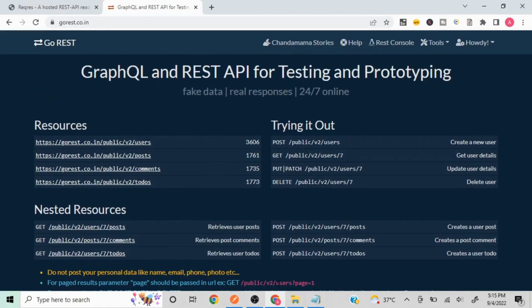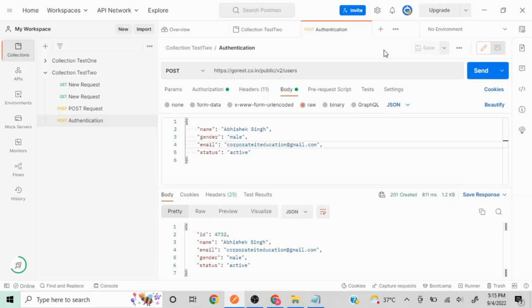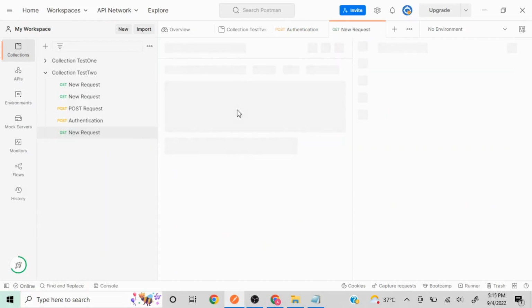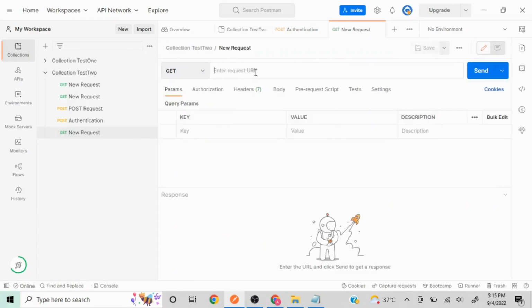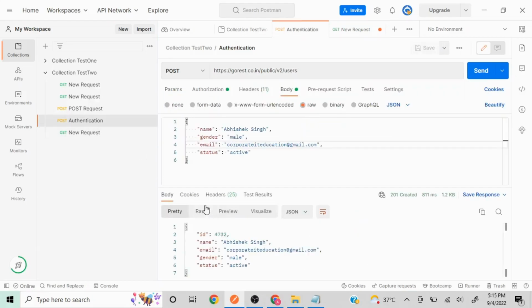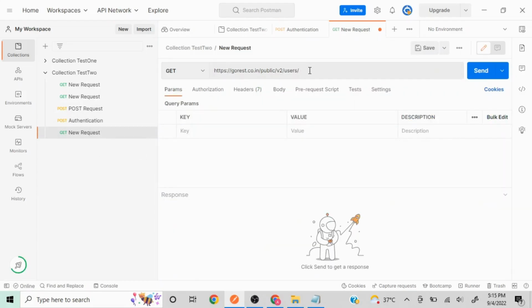So yeah, in this case, if I go here, I'll use this particular request and I'll create a new request here, add request, and we'll take get request. What we are trying to do here is validate if this particular user got created or not. Okay, so in our case the number is 4732, so that's what we are going to use